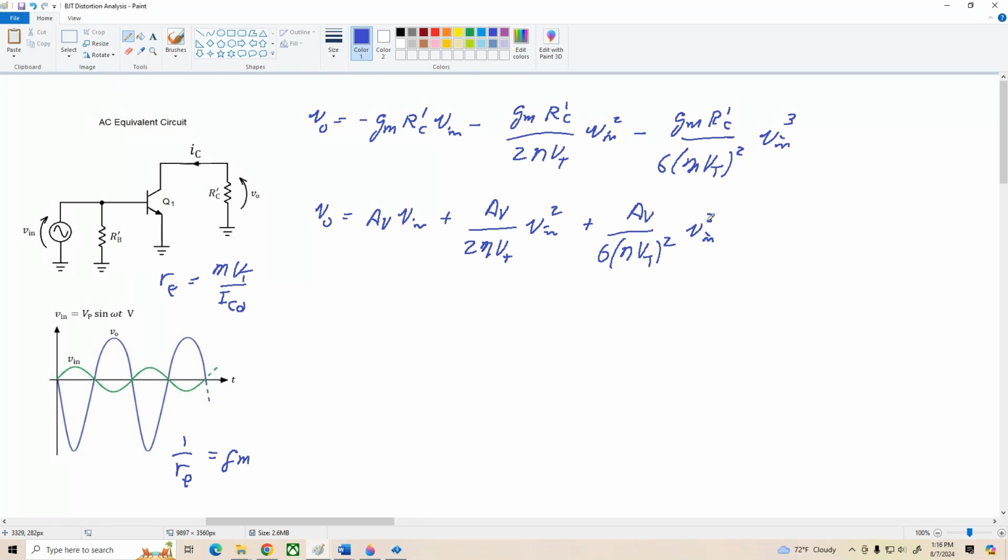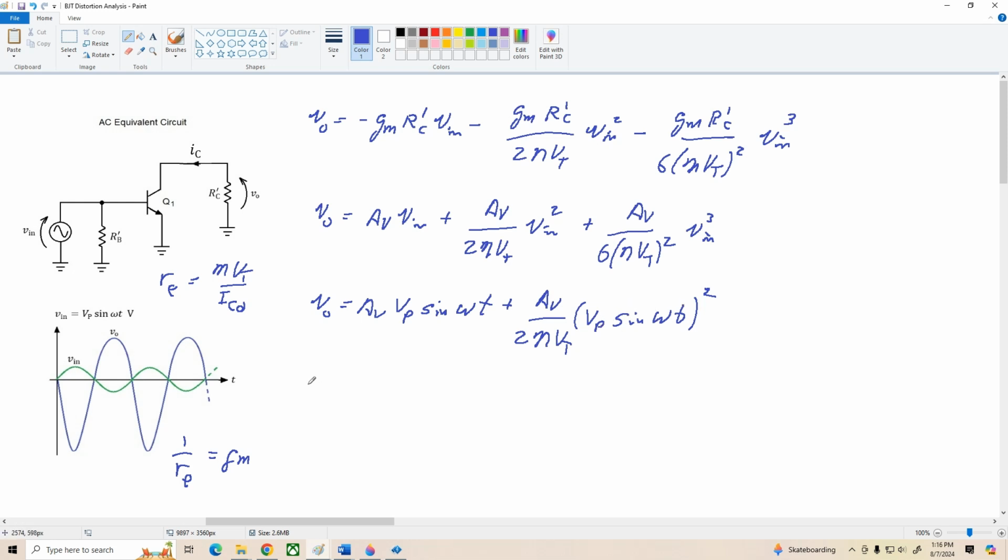Now, at this point, I want to continue on and leave this cubic term behind. You'll understand why in a second, but we could always bring it back in if we wanted to. But anyway, if we go ahead with the first two terms and we substitute in V in equals Vp sine omega t, we get V out equals AV times Vp sine omega t plus AV over 2 eta Vt times Vp sine omega t squared. All right, and we're going to use our old friend, the trigonometric identity for this one,